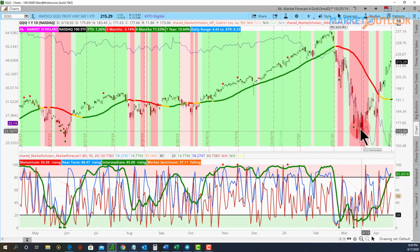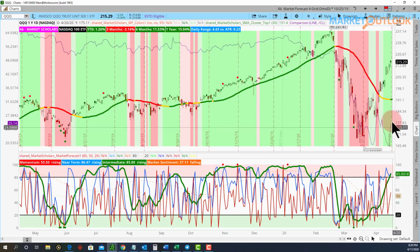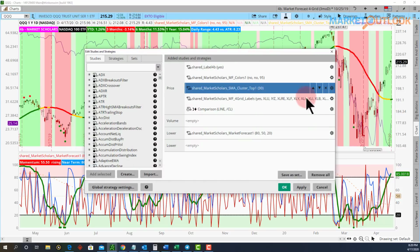Then crude oil fell, same as QQQ, mind you. We bounced up, but crude oil didn't. It went down to a lower low on that bounce. And then you can see the kind of negative correlation. It pulled back, crude oil bounced. We could take off, and you have to look at actually USO